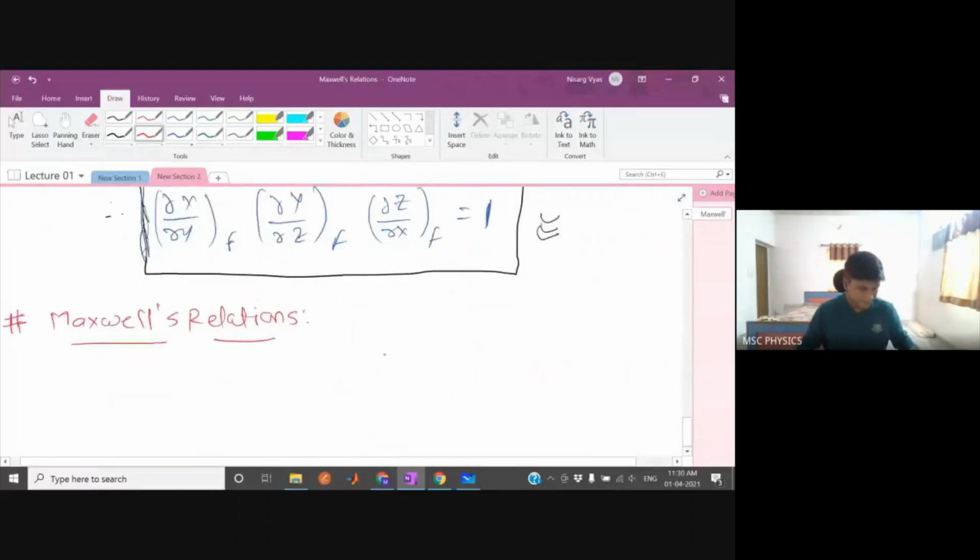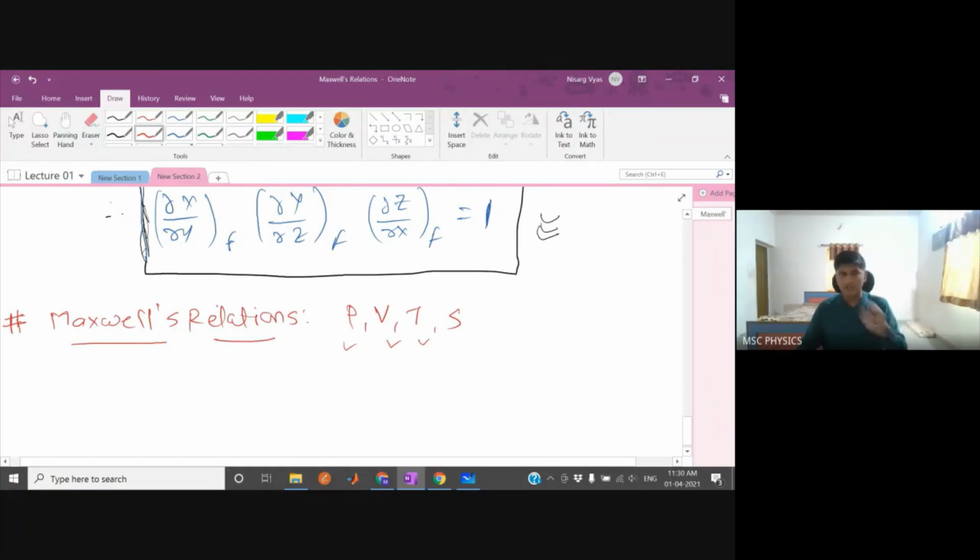Okay, we'll start. So we know we have to calculate Maxwell's relation. What are Maxwell's relations? They are relations between P, V, T, and S. These three are measurable in the laboratory. You can measure pressure, volume, temperature in the laboratory. Entropy you cannot measure. You don't have any machine to measure entropy in real life. So these relations are actually relations between pressure and entropy, or volume and entropy, or temperature and entropy. That's why they are called Maxwell's relations.